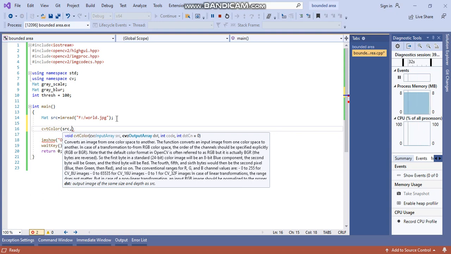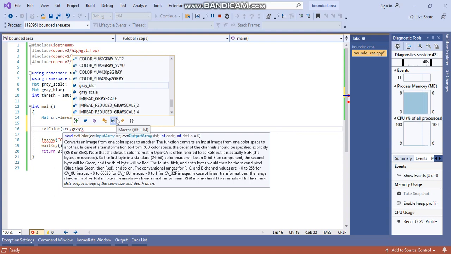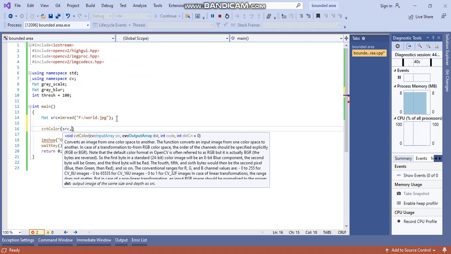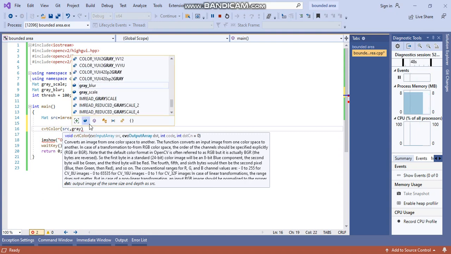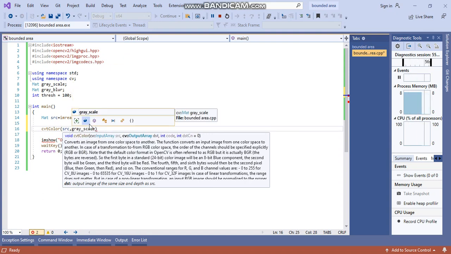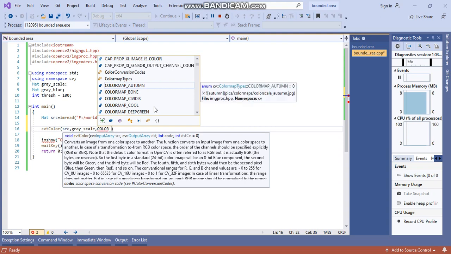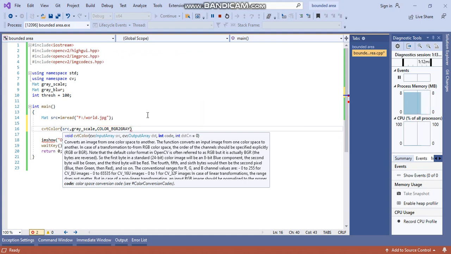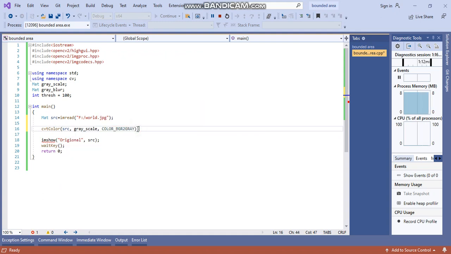So after conversion, it will be converted to src_gray. Or I have defined grayscale, so you can write grayscale. And then the code: COLOR_BGR2GRAY, blue, green, red to gray. This one, gray. So this is the code.